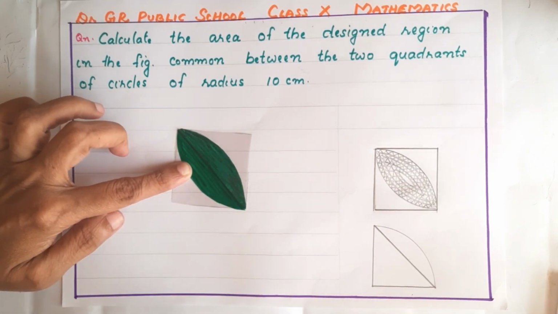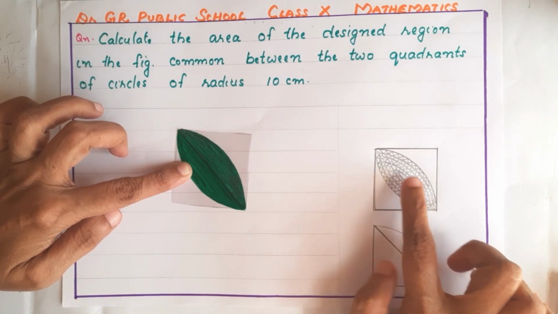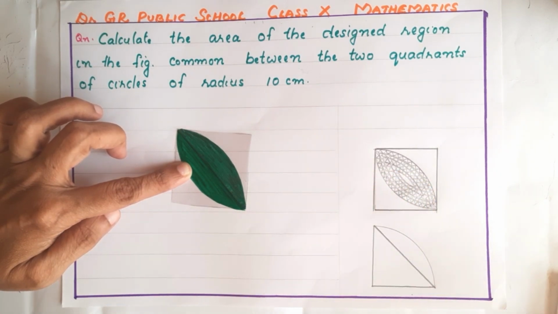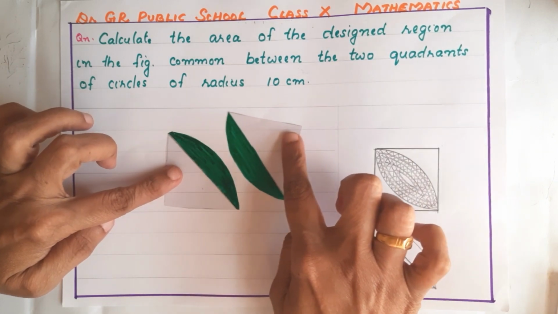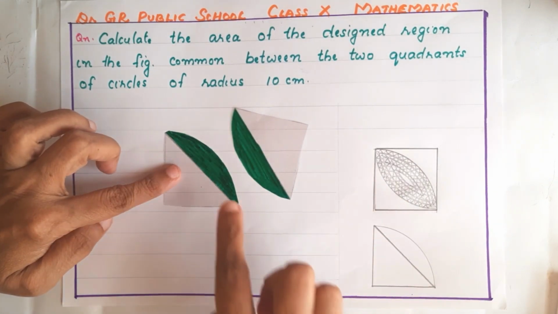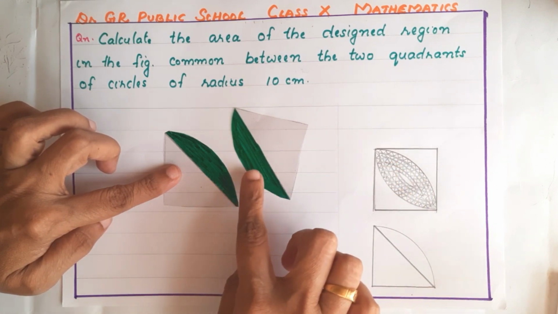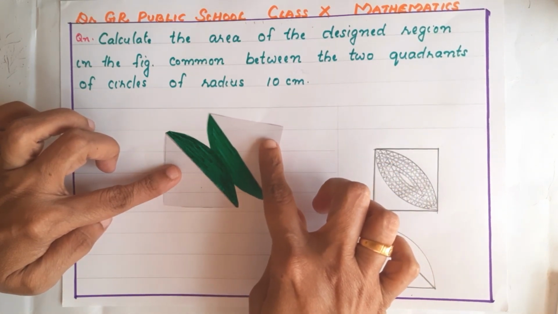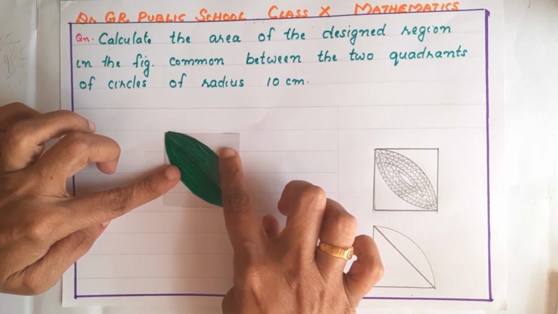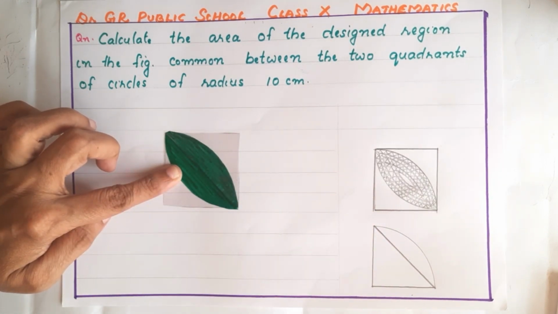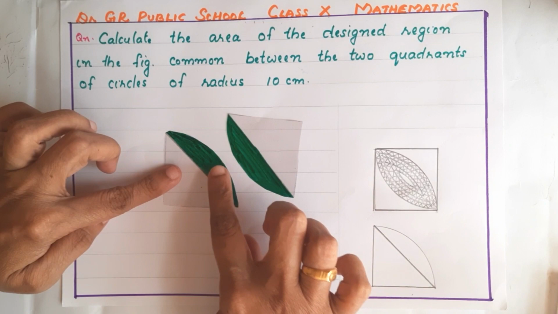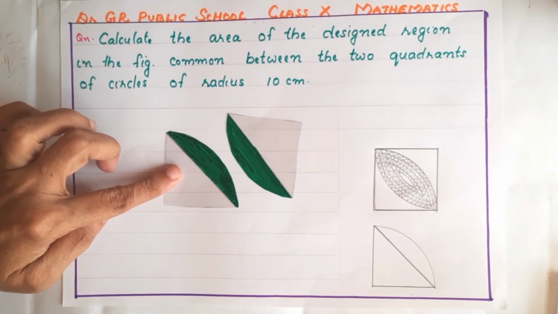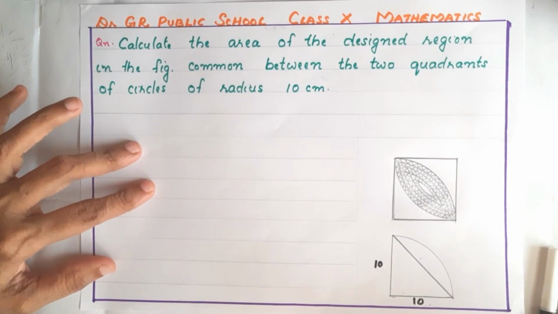Now you can understand how we will get the area of this shaded region. What are the shaded regions? See, it is the combination of two segments, isn't it? This shaded region is the combination of two segments. When we keep these two quadrants like this, we will get the shaded region. So the area of the shaded region is actually the area of these two segments. So, what do we have to write?